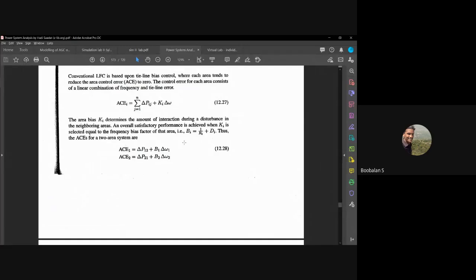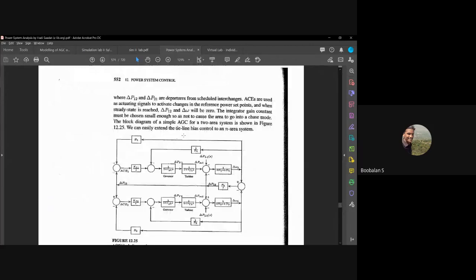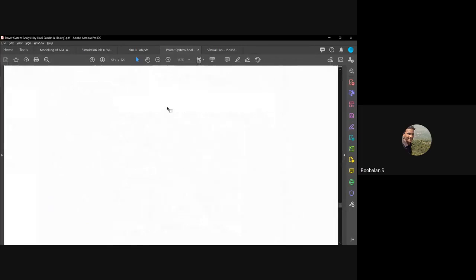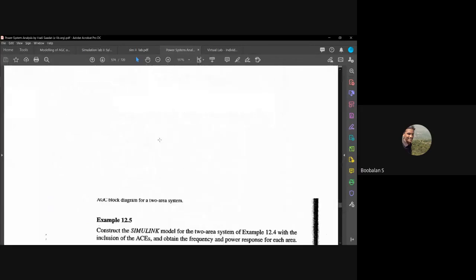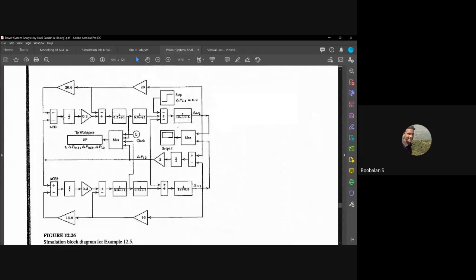We'll see. Now this entire block diagram is going to change a little bit. Now I'm just going to switch into one more thing. This is my entire area control error, and you can see I'm going to zoom it over here. One second. Right, this is my previous diagram. Whatever small changes occur, that is called area control error, which is going to be invoked. Area control error 1 and area control error number 2 are now coming over here. So everything else remains the same.